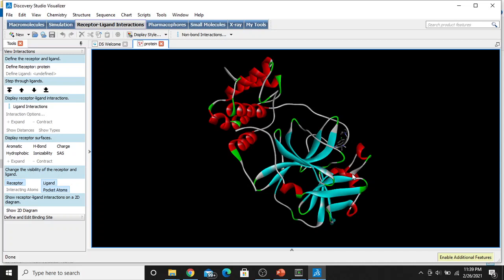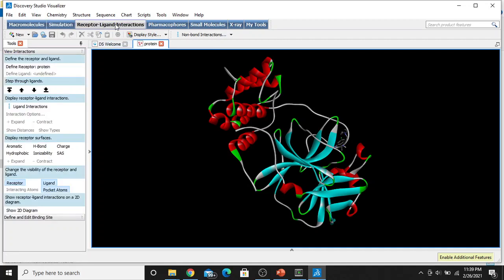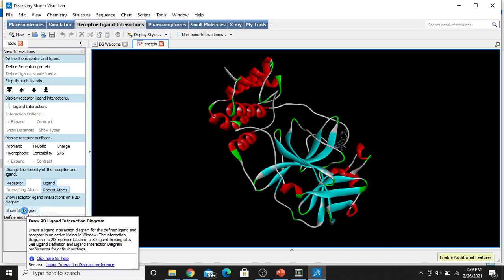So now you have to view the 2D interaction diagrams, like what are the amino acids interacting with these ligands. So here you have to select the receptor ligand interactions. In my system it is already selected. If there is nothing here, you have to select the receptor ligand interactions, and now here it will show the 2D diagram.